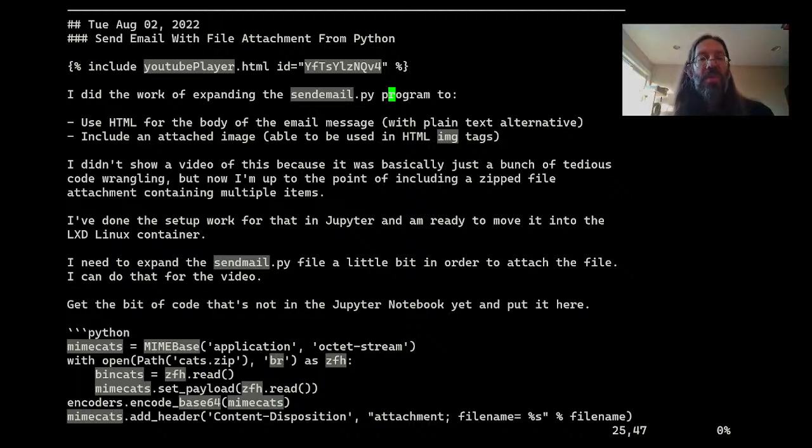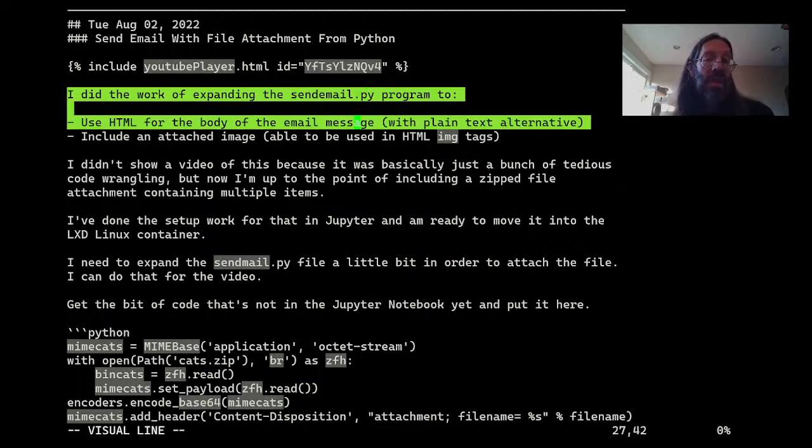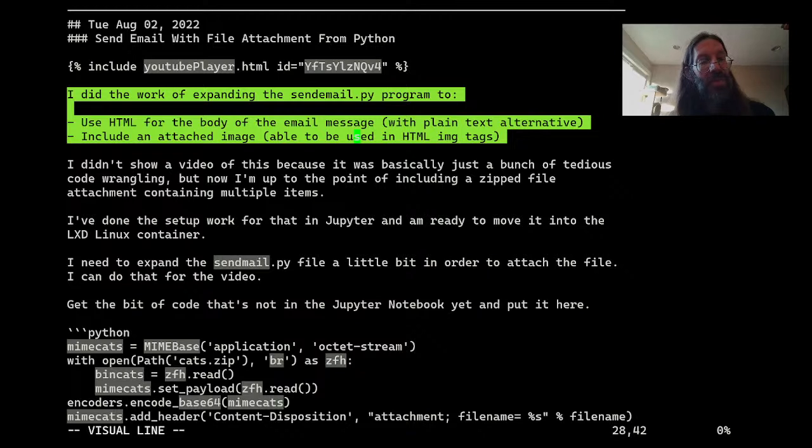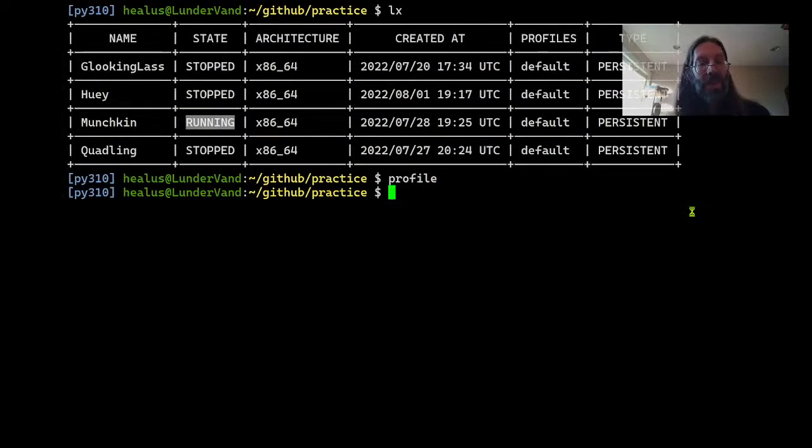Between my last videos and this video, I already did the work of expanding my SendMail program in Python in order to use HTML for the body of the email text. We were using plain text before. Plain text is now used as an alternative, a backup for any email programs that don't support HTML displays. I've also included an attached image that can be used in image tags in the HTML of an email. I figure I'll demonstrate that now, because when last I left off, that was being done on